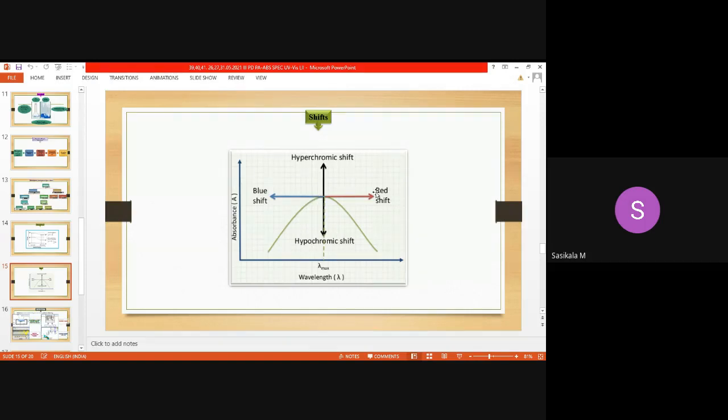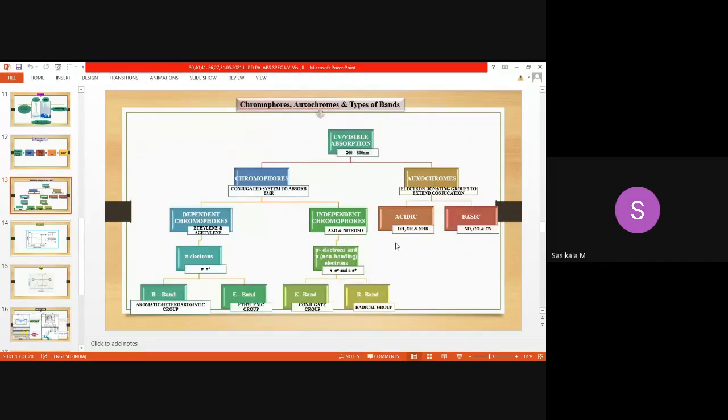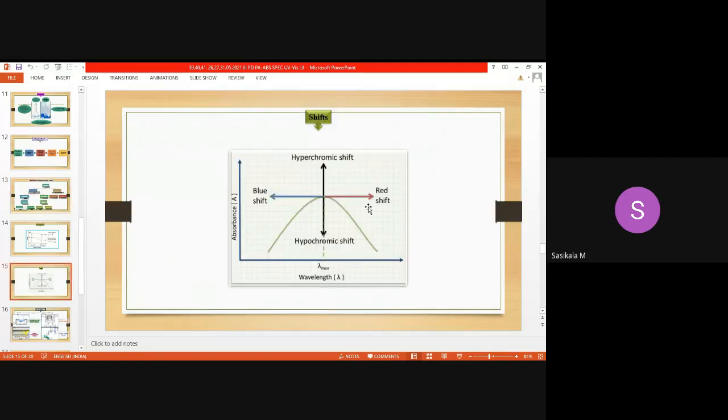Longer wavelength shift will be there when the chromophoric carbon is attached with oxochromes, as we discussed here. When it is attached with oxochromes, electron donating groups, what happens? The electron donating groups will extend the conjugation, and that requires only less energy radiation for the molecular absorption. So when the energy of radiation is reduced, what will the wavelength become? It will be converted to a longer wavelength, so that lambda max will be shifted towards red shift or bathochromic shift. It is due to the presence of oxochromes.